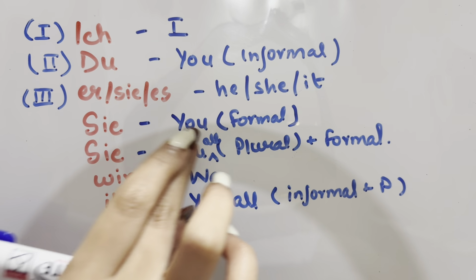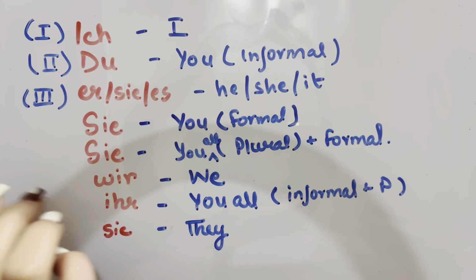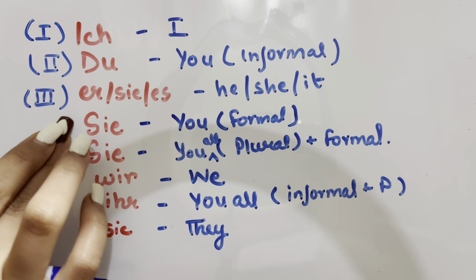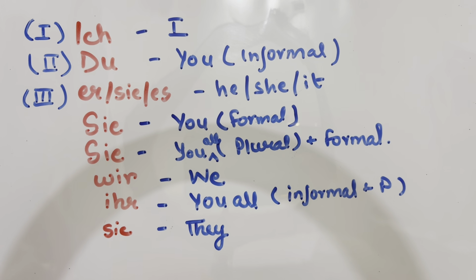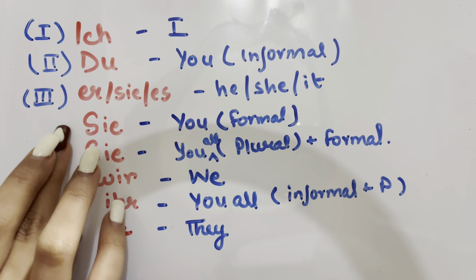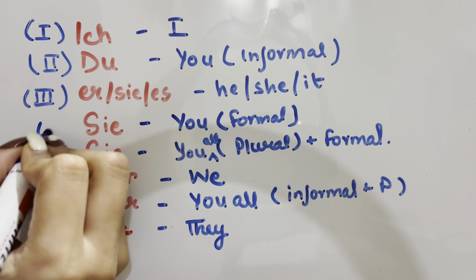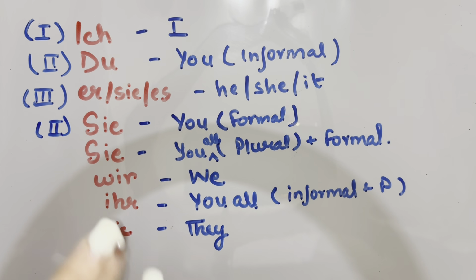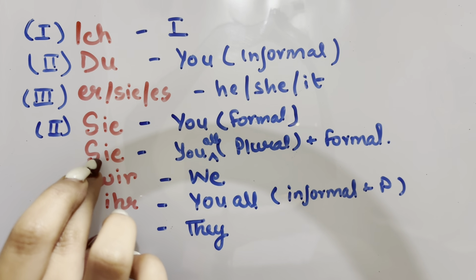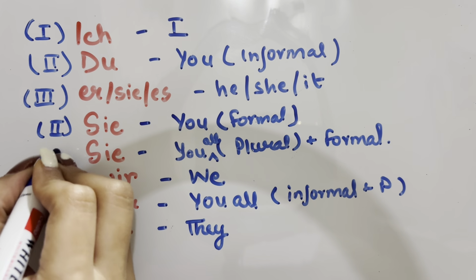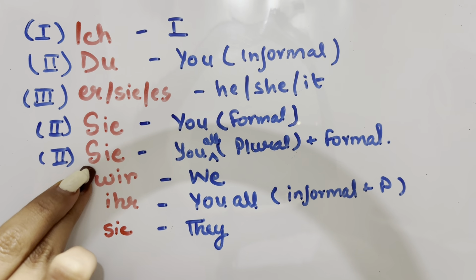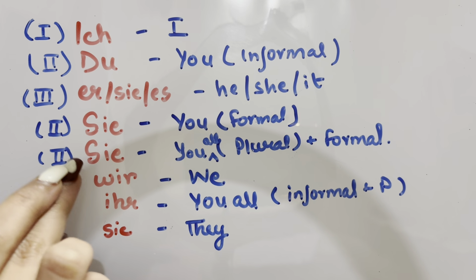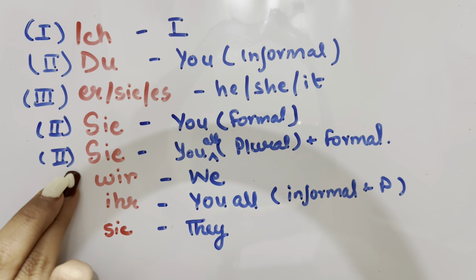Then next we have you, which is du but informal. So there are two you's. This one is a formal one, like when we are addressing someone senior than us or a teacher, like Mr. Gupta, Mr. Sharma, that's when we use this Sie, and again it is second person. Then we have again Sie formal plus plural. It is again in second person, and these both have a capital S, even when we are writing in the middle of the sentence, because of formality.